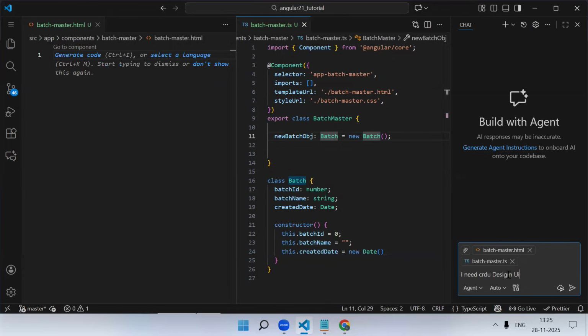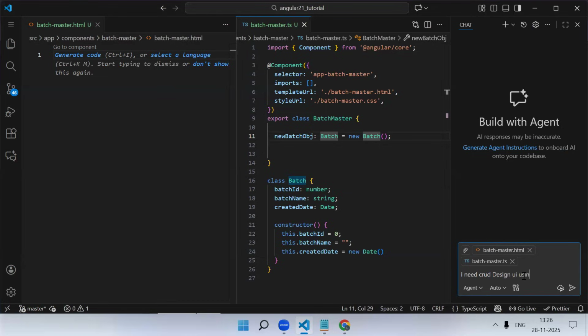design UI. So those of you who are not following from the very first video, in every episode I'm explaining some part. Sometimes I'm using ChatGPT, sometimes I'm using Bolt AI, sometimes I'm using Copilot. Like in normal development, how you can use an AI tool, right? So that also I'm explaining. So now currently what we need is the CRUD design UI